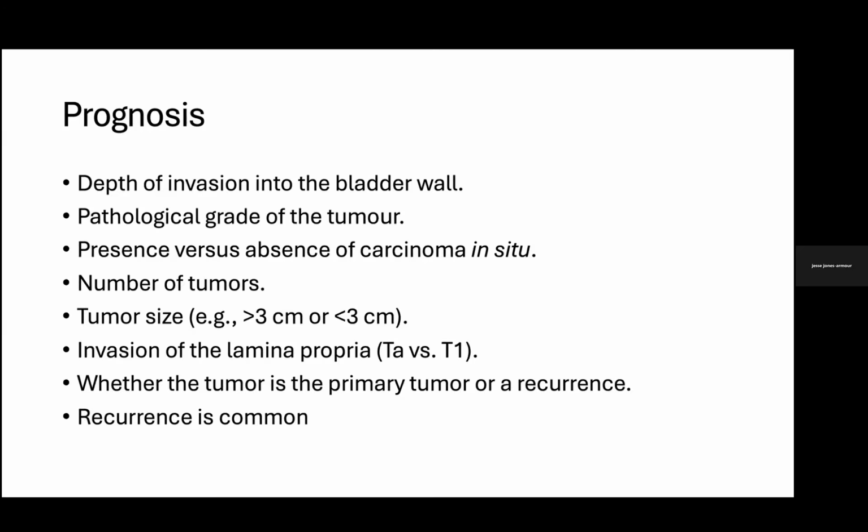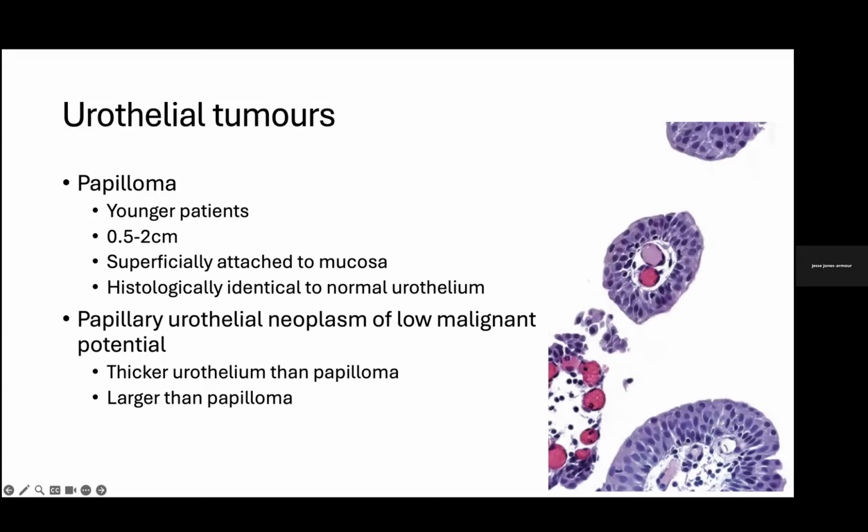Prognosis. Now, this is related to the depth of invasion into the bladder wall. It's associated with the pathological grade of the tumor, presence versus absence of carcinoma in situ, the number of tumors, the size of the tumors, invasion in the lamina propria, and whether the tumor is a primary tumor or a recurrence. And as I mentioned before, recurrence is very common. It can recur anywhere in the bladder or where there's urothelial tissue, and may go up the ureters and into the renal pelvis. So because of the recurrence, you always want to make sure that you're doing regular screening afterwards,